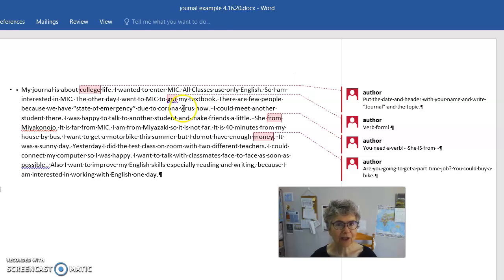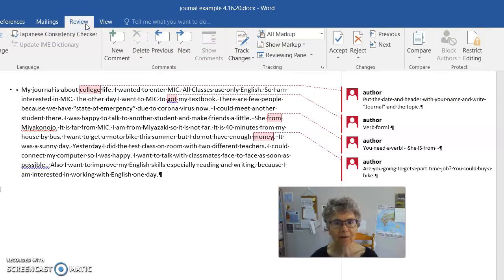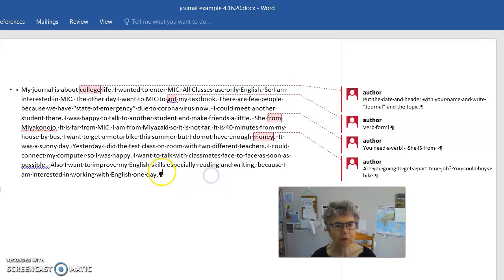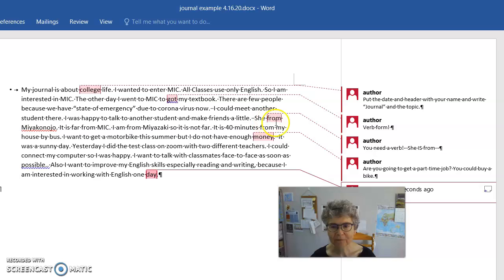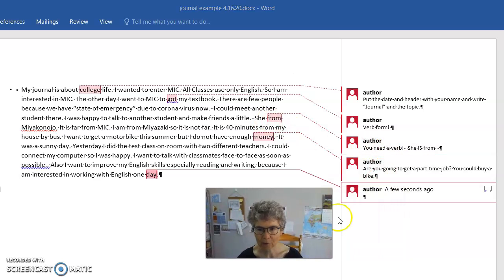So today I just want to show you where the Review toolbar is and how to make those comments appear so that you can see comments if you're looking in Microsoft Word. If you want to add a comment, suppose we wanted to put the comment at the end, you click New Comment and you can type into the box